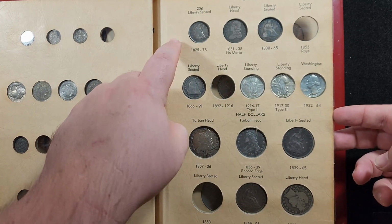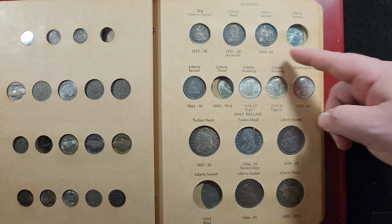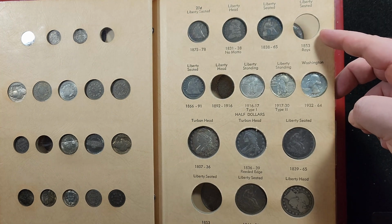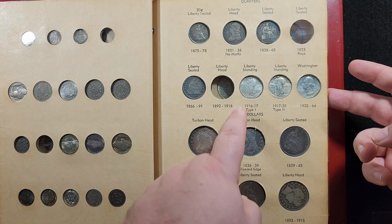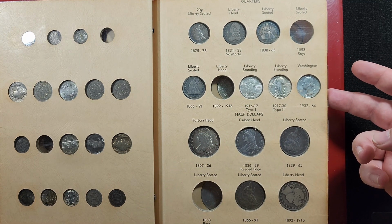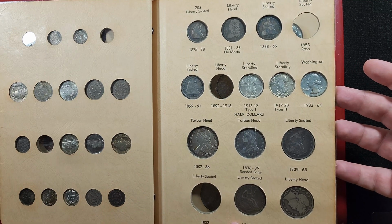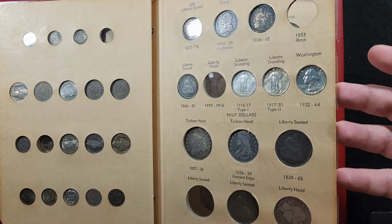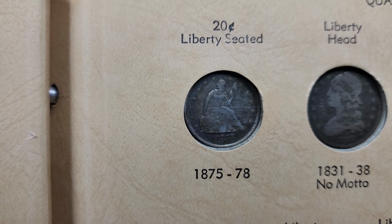Got the 20 cent piece right here. Got a capped bust quarter, a few Liberty seated quarters, missing the one with rays. Also missing a Barber quarter in this album, but it's got the Type 1 and the Type 2 standing Liberty quarters. You got the capped bust half dollars, some Liberty seated half dollars, again missing the one with rays on the reverse. Page 3 of the album